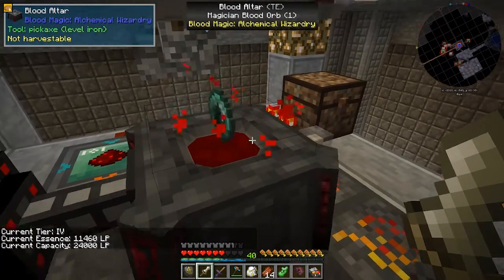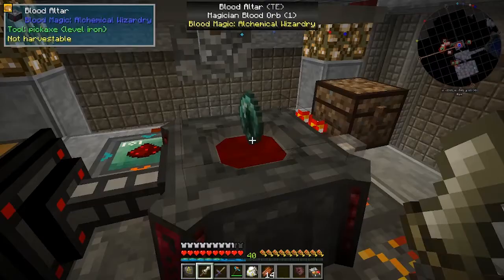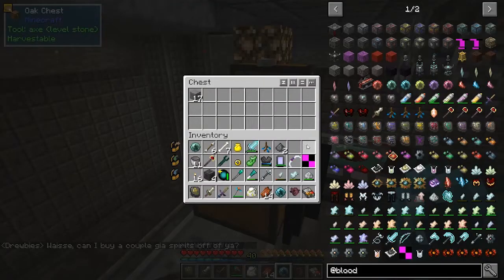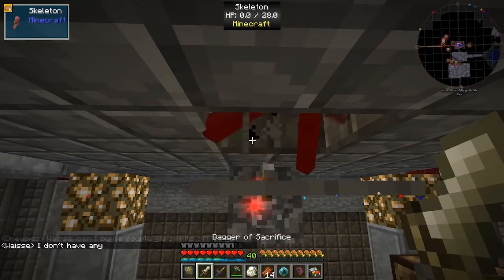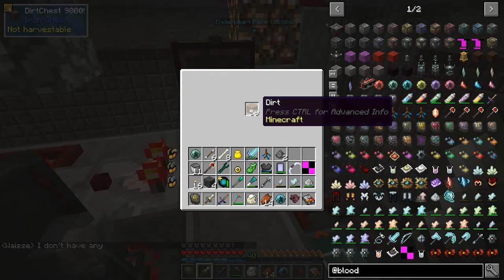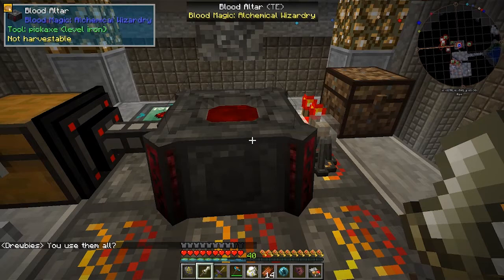Should be almost done. There we go. Magician's blood orb. Let's get that out of there. Let's put our stone back into here. I actually took out some of the dirt in here because when I increase the capacity of this, it now requires me to have